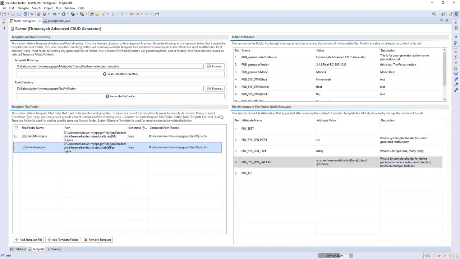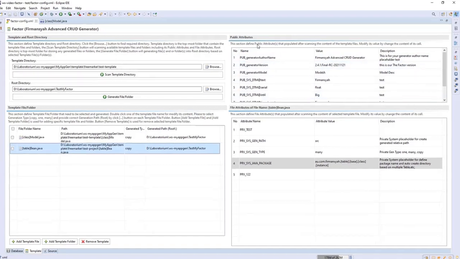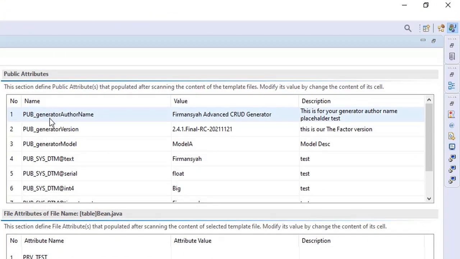Okay, I have already added an additional template file, the tablet bin.java, to make it easier to understand the public and file attributes. On the public attribute we have two types: the generic public attribute that can be modified or created by the user, and the public system attribute, which is already defined in our generator tool.